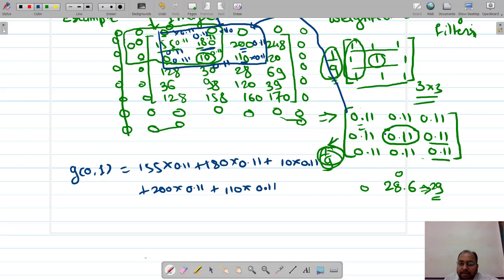So are you getting it? Why is it called averaging? Because it is considering the average of all the neighborhood pixels. So this is right now my center pixel, and the neighborhood pixels are nothing but N8P. I hope you are still aware about N8P, N4P and ND P, right? So these all are this 180's neighborhood pixels, and their average we are right now taking along with the weights. So this is nothing but a weighted average filtering. Okay, fine.